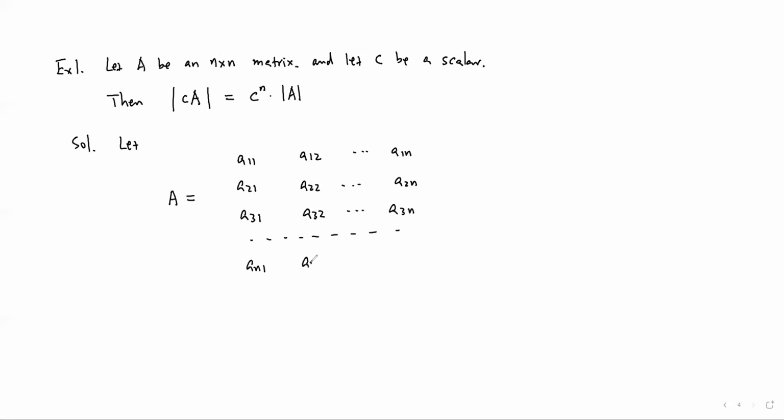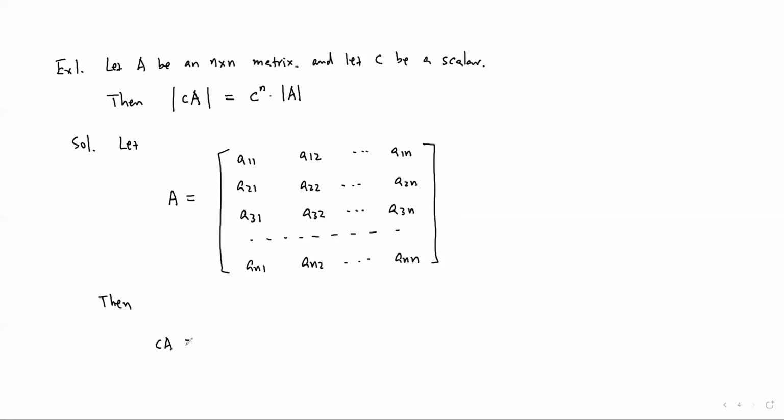AN1, AN2, ANN. For a matrix, we use square brackets on both sides. Okay, then